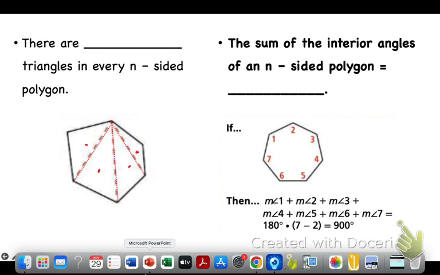Okay, so now I'm going to ask you a question. This is a rectangle, yes? Yeah. And if I do the same thing, I only have one line I can draw, correct? How many triangles are there? 2. Now what shape is this? Pentagon. So if I do the same thing,